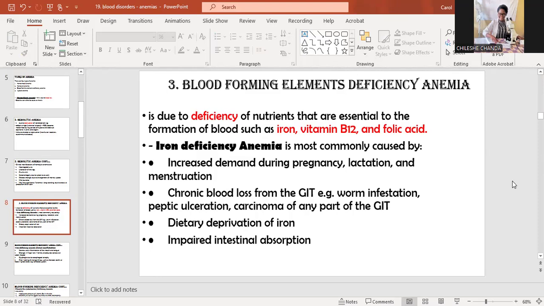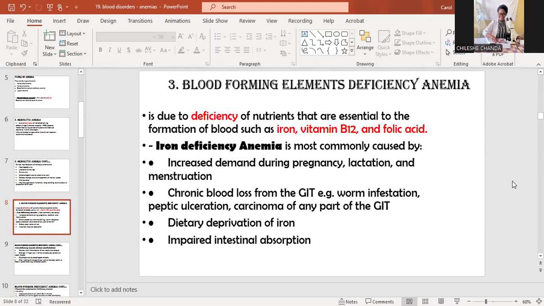Carcinoma of the GIT will also cause blood forming elements deficiency anemia due to many different factors, e.g., the inability of the GIT to absorb the food that is being eaten